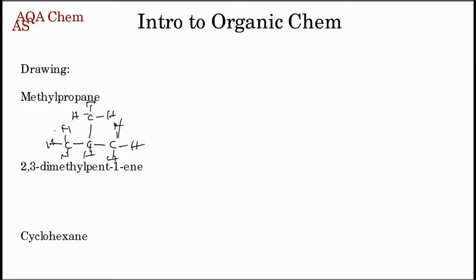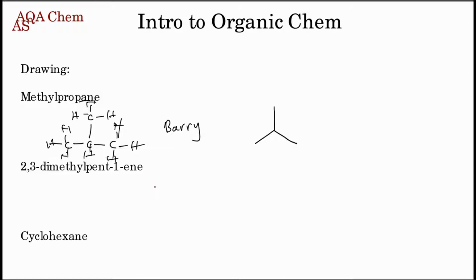Okay, so that's methyl propane done. Let's give it a name, how about that? Let's call it Barry. So Barry is methyl propane, and now let's draw it in skeletal form. We still have the propane as the backbone, so that's 1, 2, 3. Remember the hexagon shapes? Gotta keep it in the hexagon shapes, and then it'll look fine. And then there's a methyl group coming off the middle, so there's another vertex here, and it goes like that. There's your methyl propane. Okay, so let's move on to the next one.